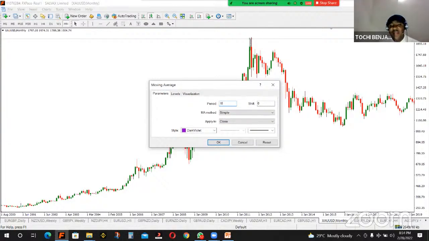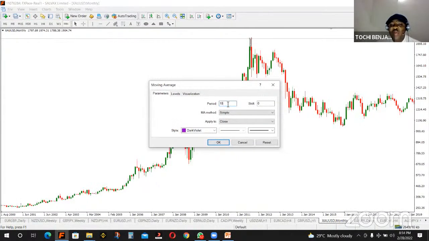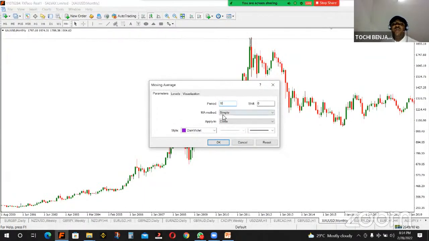After the class, you can do a back test of anything you want to use in moving average. For period, if I put 10, I'm telling the system to please calculate 10 candlesticks and give me the average. On shift, leave it as 0. Now I'll say simple or exponential. I said traders use simple or exponential, like I talked about, 98% of traders.